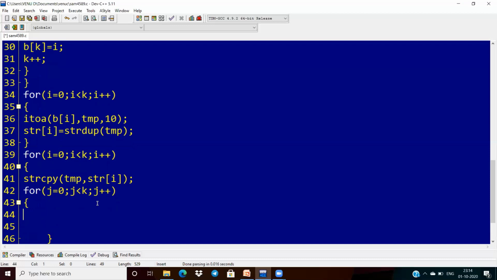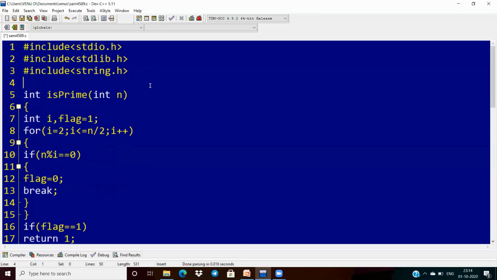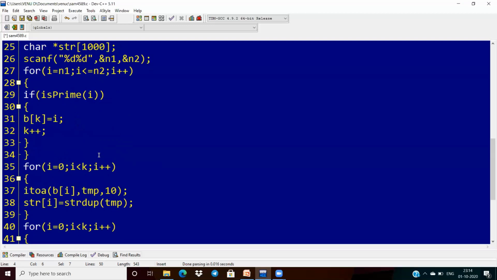We have two problems we are facing here. I am taking one array as a global declaration. Why? Because I have to utilize this array for the remaining functions also. That is why I'm declaring it globally.